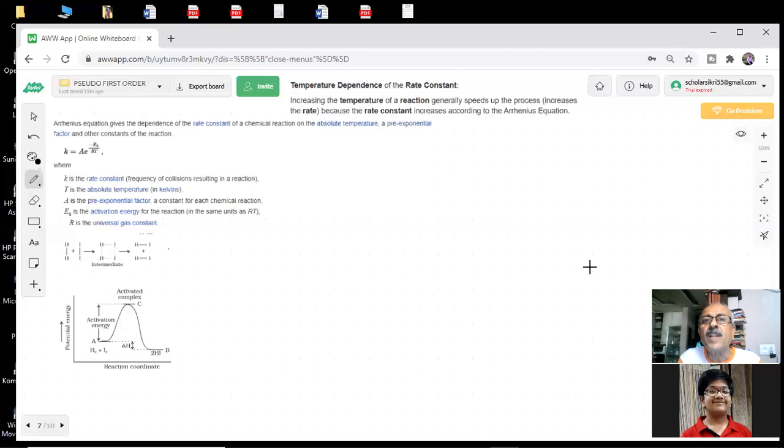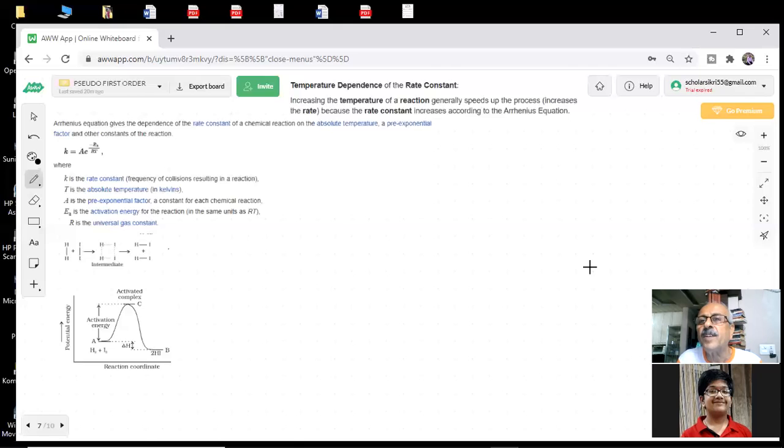The rate constant and rate are related with each other for any reaction, as we told you. The rate constant is the rate when the concentrations of the reactants are unity, and we told you already that the rate constant K for a reaction is a function of temperature. It depends on the temperature. And the person who studied all this, very important, is Arrhenius. As I have been telling you, the Arrhenius equation.